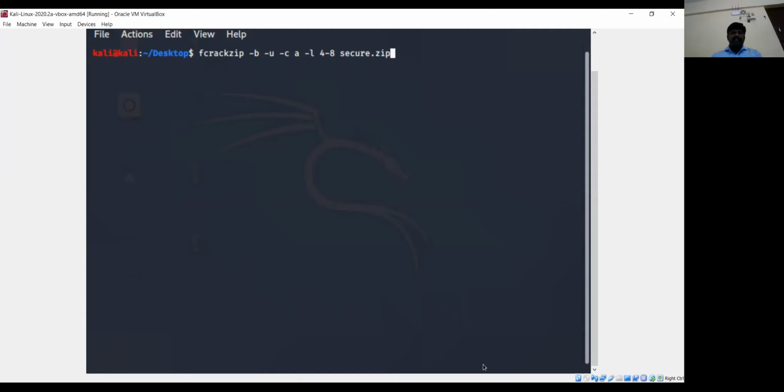I am not displaying the verbose output here. Directly I am entering this command. Let me check it. Now my command is working.